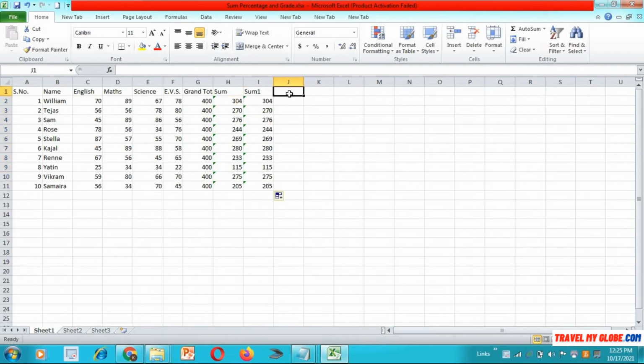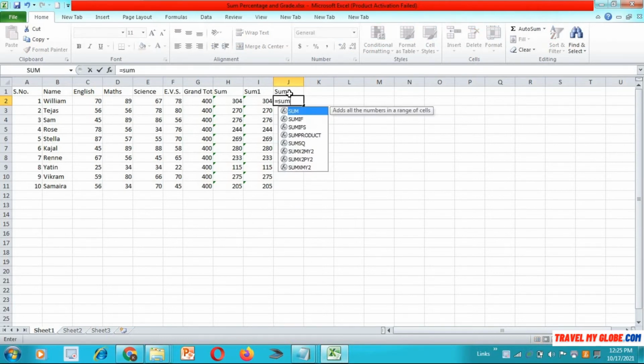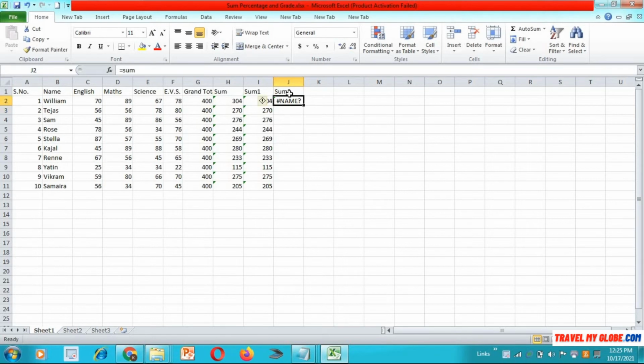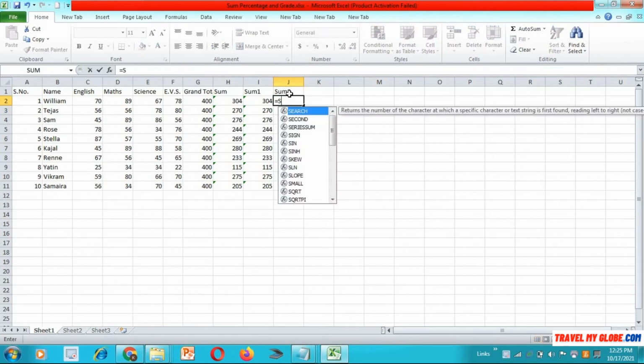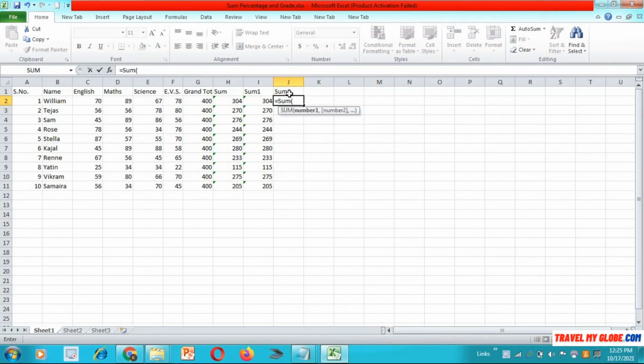And the third method is you can do it in the same way as we do it in mathematics. For example, just type SUM, bracket starts, cell number, and we have to add, that means plus maths marks plus science marks plus EVS marks, then just close it.